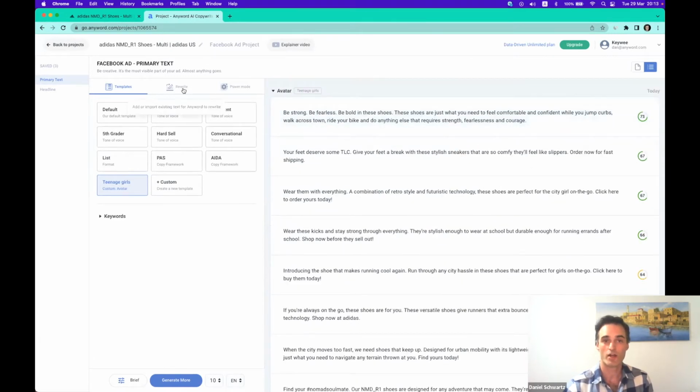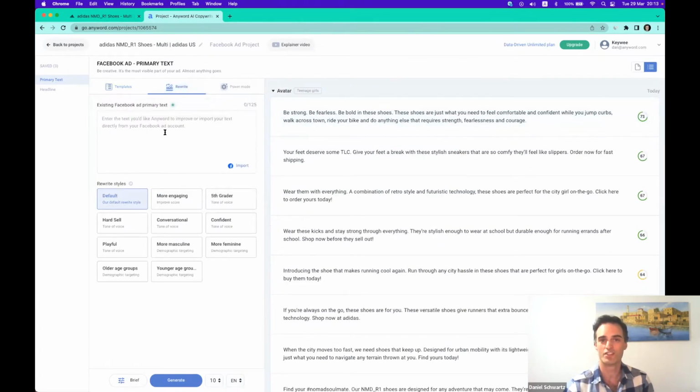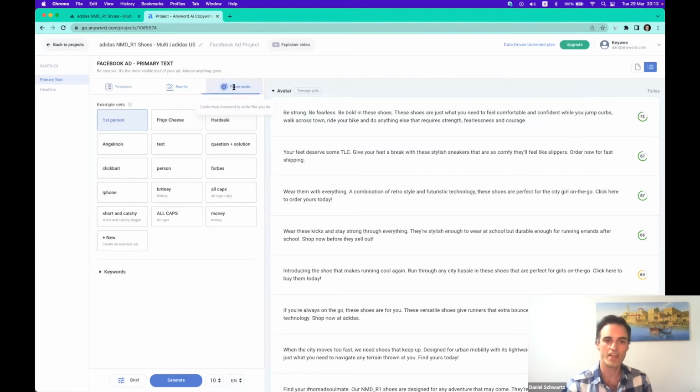In the ad writer, we also have a rewrite functionality. So you can take like your best performing Facebook or Google ads or whatever ad writer you're working with and do rewrites on your own copy. And then Power Mode is the system's ability to learn your unique brand voice. And you can create as many of these as you want. These are all examples that we've created, so you'll just have plus new in there. But by leveraging this, you can imitate brand voice. Or if you're an agency, you could, for example, create one of these for each of your clients that has